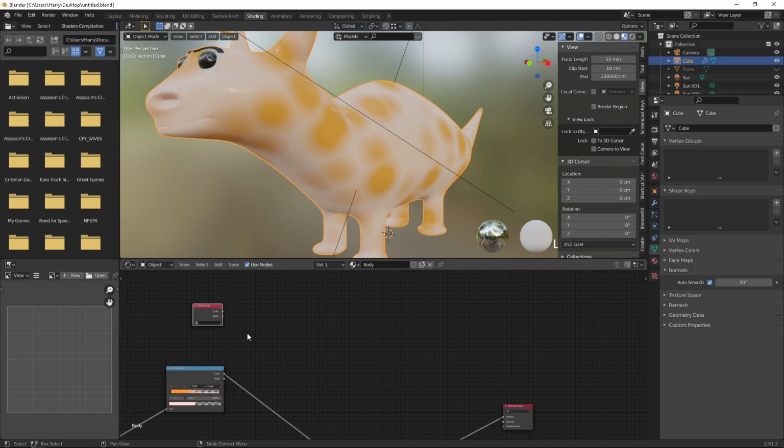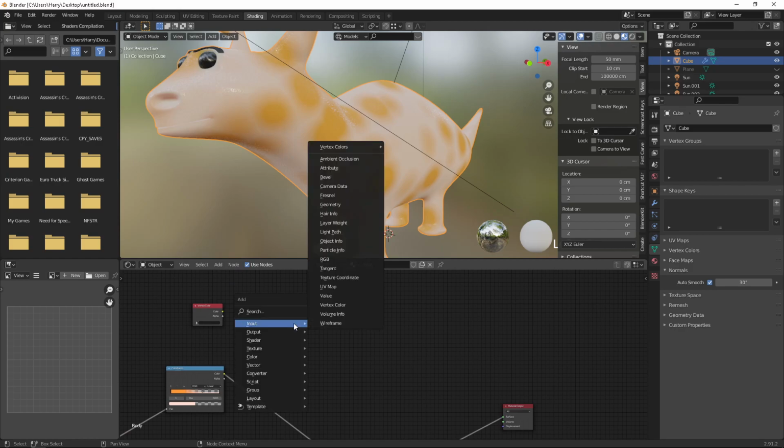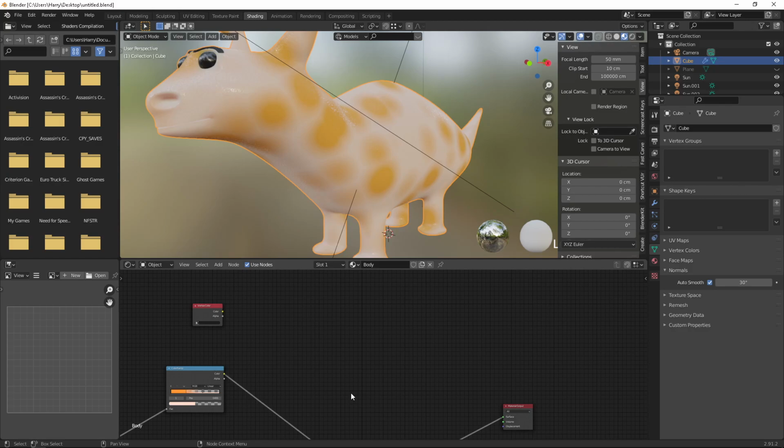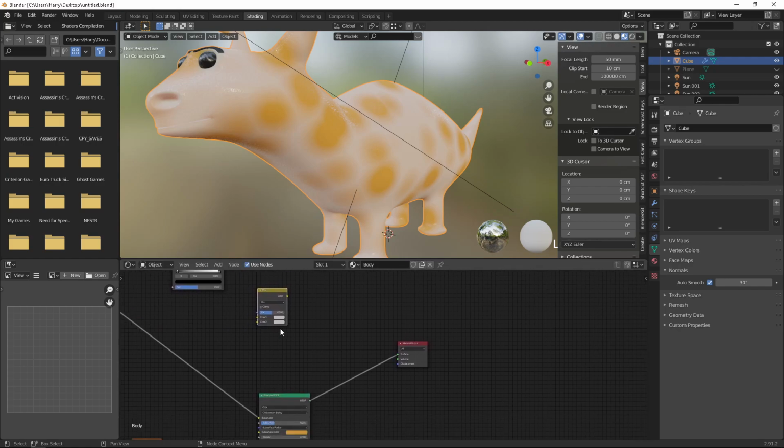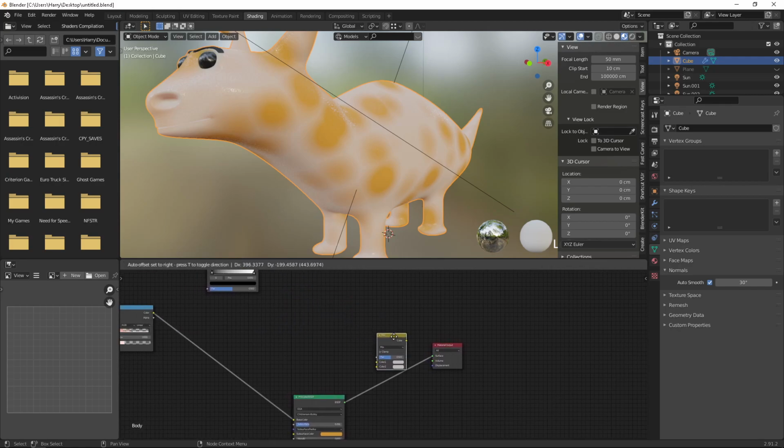You can select this one, and press Shift A and search for color ramp. So the color ramp node, then search for mix RGB. Now we are going to mix this.